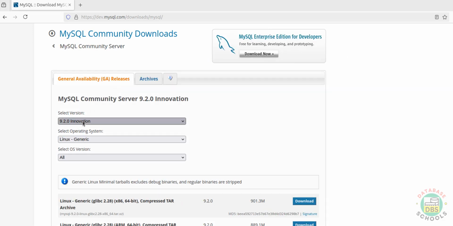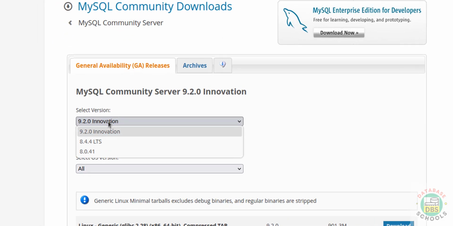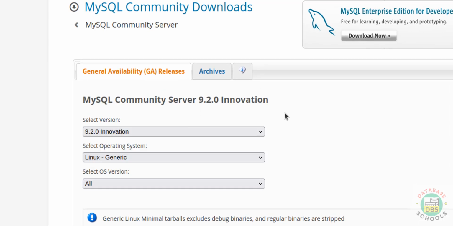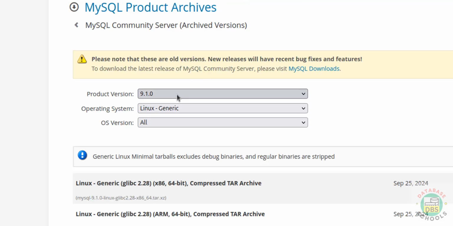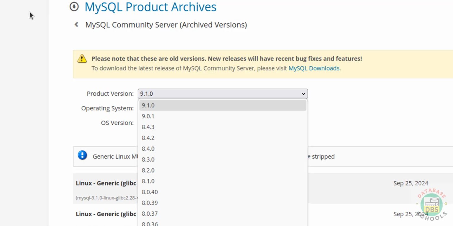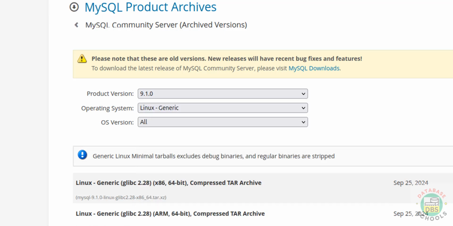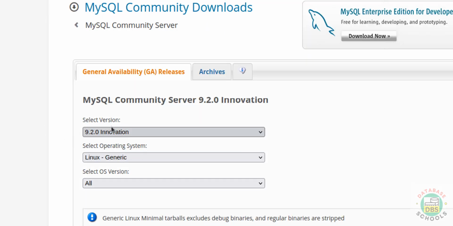Then select the version. See here we have the 9.2.0. For you, at the time of installing, if you are unable to find it, just click on this archives. Here you will find all older versions. Okay, so go back, select the version